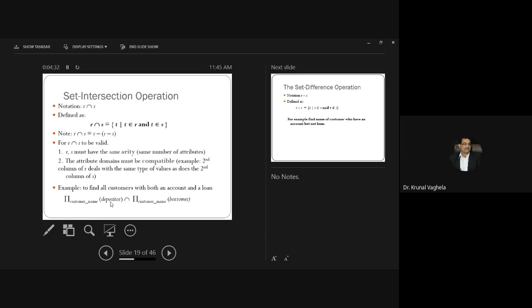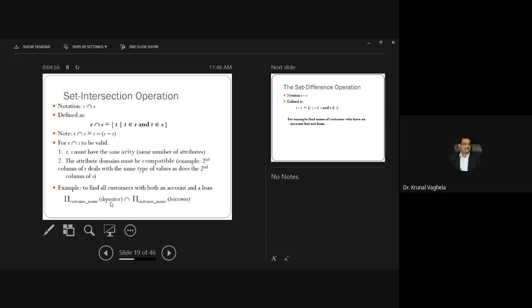So find all the customers with both account and loan. When you find the word and, not or, then you need to do intersection. When you find the word or, then what you need to do? Union.